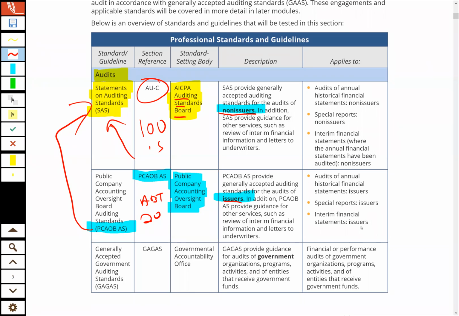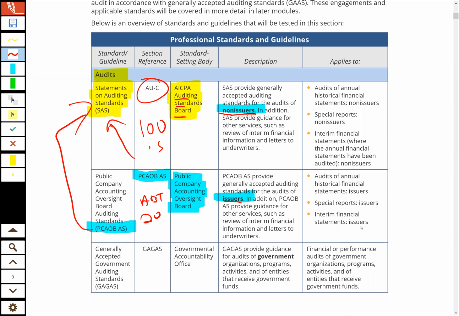It's counterintuitive. Well, for the most part, what the PCAOB does is they say, follow the non-public company standards, follow the SAS standards when you're auditing a non-public company, auditors, follow the SAS standards, and then we'll tell you when we want you to do something different, and in most cases, it's something more than what you would do for